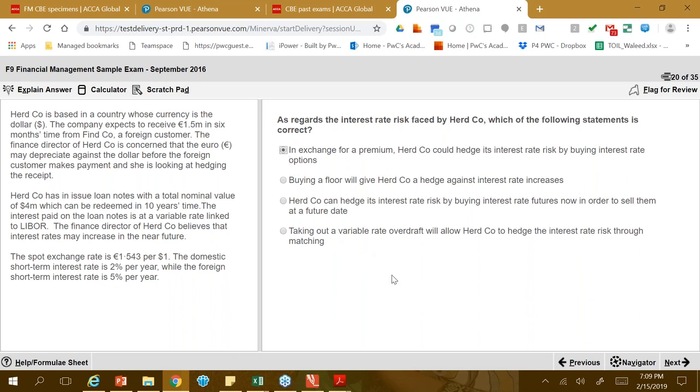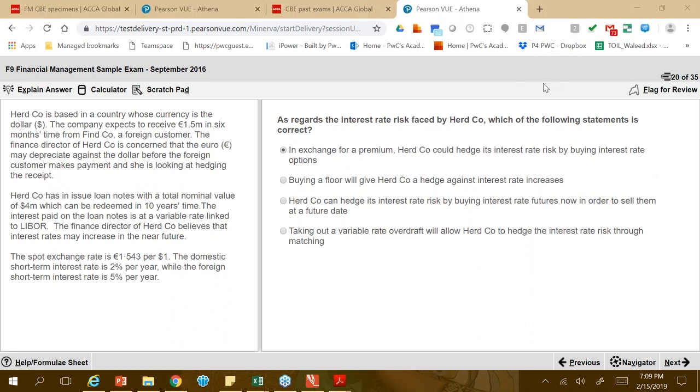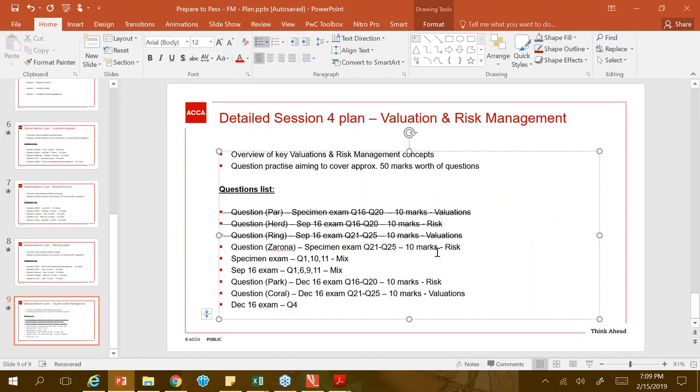The only option here is that in exchange for a premium, the interest rate risk can be hedged. Again, we didn't have a really great chance to go over all these other areas, but I'm sure that in your tuition phase, you have gone through interest rate futures and interest rate options. This is one of the few questions that you are going to see on this exam. A floor is a minimum rate, a cap is a maximum rate. So in this sort of scenario, a cap is what a company needs, where they can basically cap their interest rates.